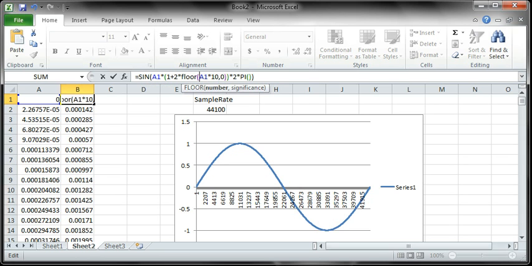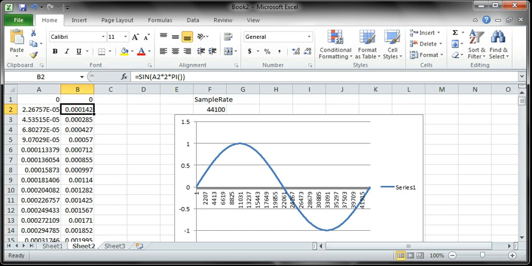So this, the A portion, or the first part here, that's time, and this is just a way for me to have frequency change over time using the floor command. So let's see what happens. Do we get an error? No errors. So let's take this formula and copy that down, or fill that down. So B1 colon B4